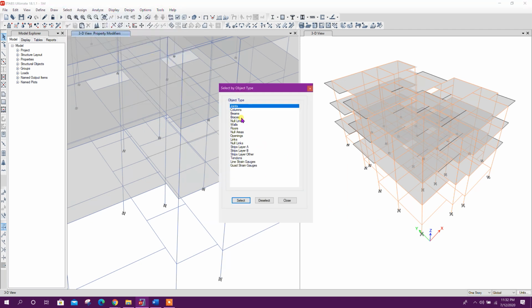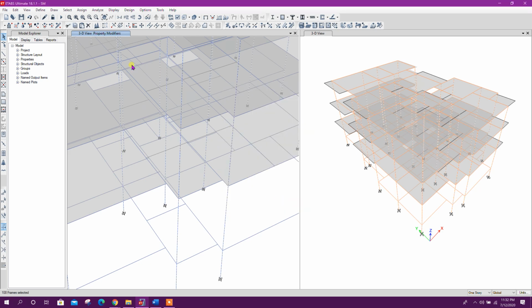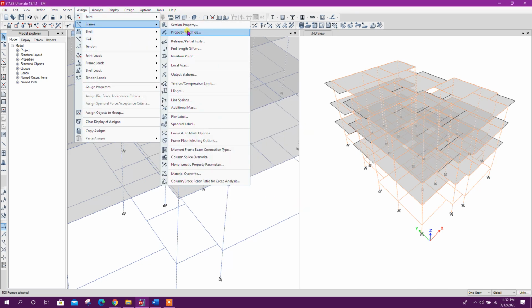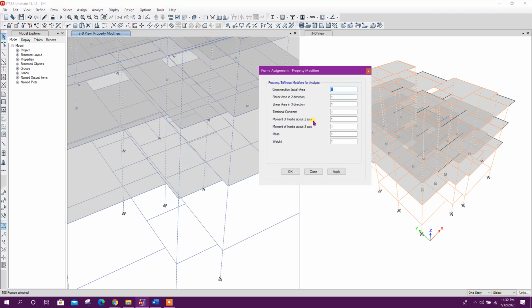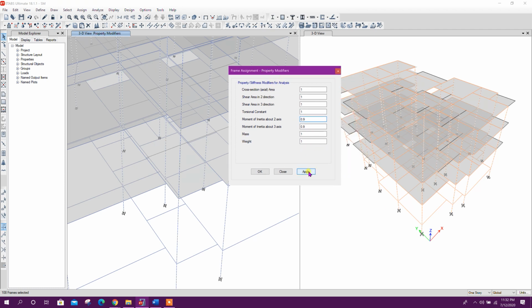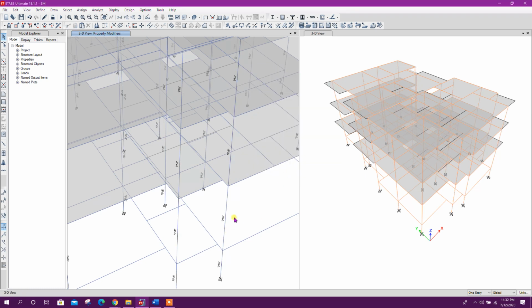Select object type, columns, select, then assign property modifiers. From here we can change the stiffness modification factor also, 0.9. For example, as per IS code, for serviceability check we need to assign 0.9 for I2 and I3. So in this way, for saving our time, if we assign the stiffness modifier, then we will see the result.